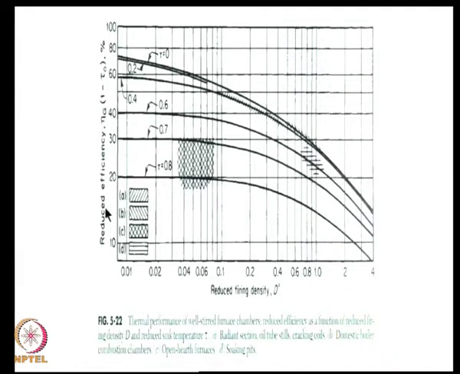So, we had the reduced firing efficiency on the y axis and the reduced firing rate or firing density on the x axis, and for various values of the sink temperature, non-dimensional sink temperature, we saw the efficiency was going down. Now, the reason why this result is so important is because in a single figure, we are able to show where the different furnaces exist in this two-dimensional representation.